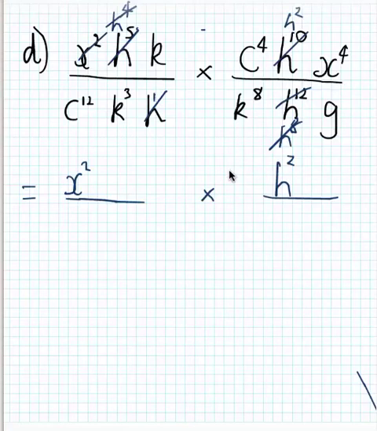Now what we have next is k on top. Do we have any k's on the bottom? Yes, we do. Now, another way to do this is, or what you could think about is, if I've got 1k up here, none on this side, that means all together on top, if I was to multiply it out, I've got 1k. Down here, if I was to multiply my bottom, I'd have 3 plus 8 k's, and 3 plus 8 is 11. So 1k on top and 11 on the bottom, I'll end up with leftovers on the